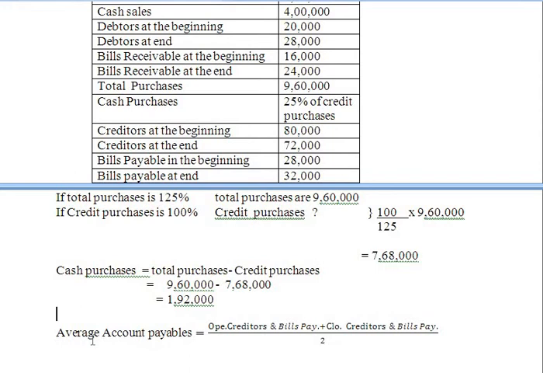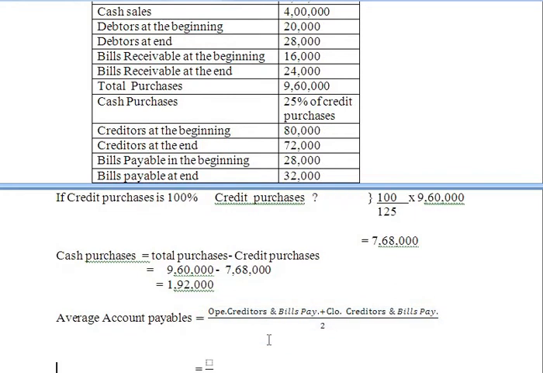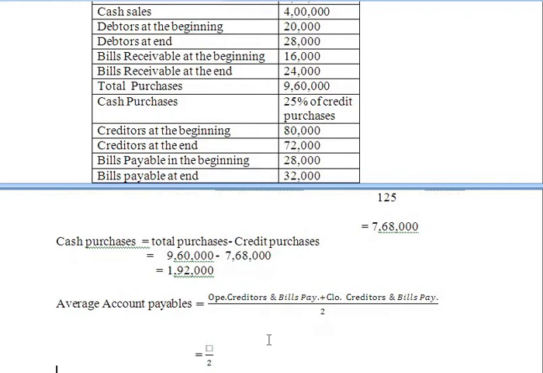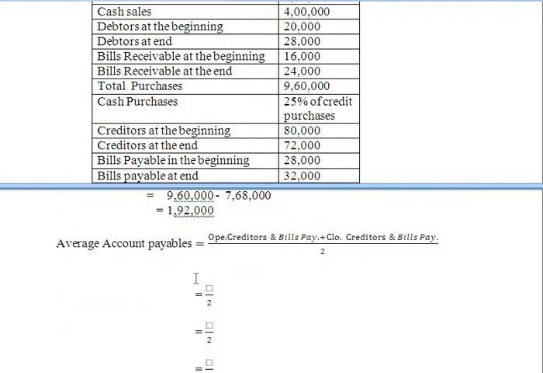Next we have to find out what? Average accounts payable. What is the formula of average accounts payable? Opening creditors and opening bills payable, plus closing creditors and closing bills payable. What is the amount of opening creditors here? Creditors at the beginning: how much? 80,000. So write in the bracket 80,000, plus